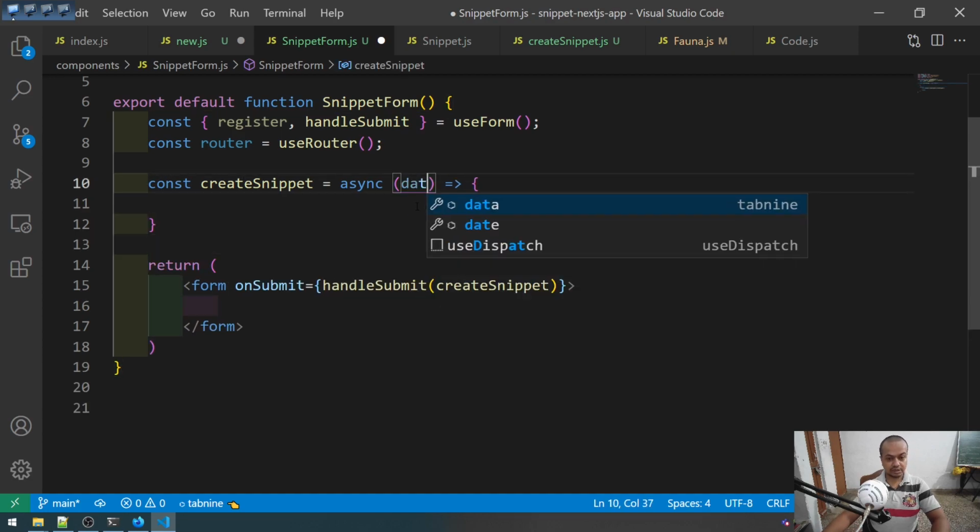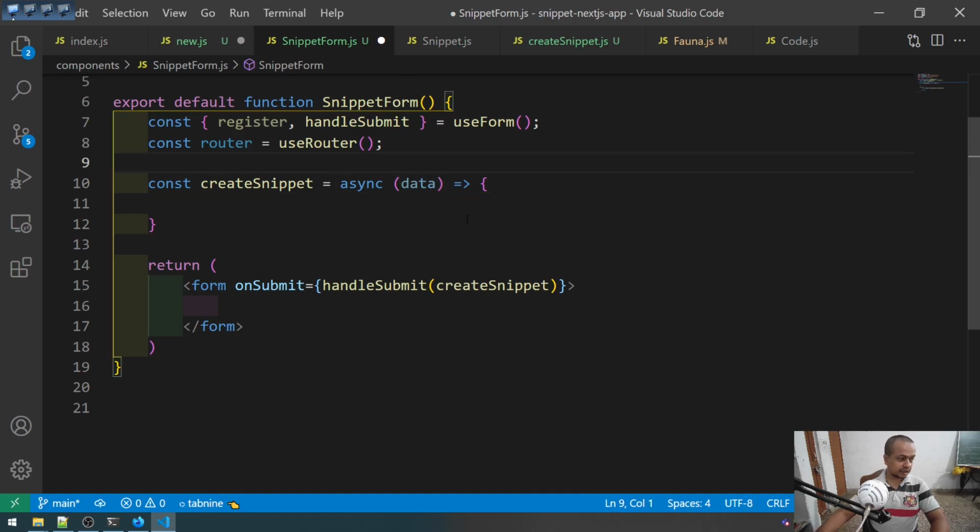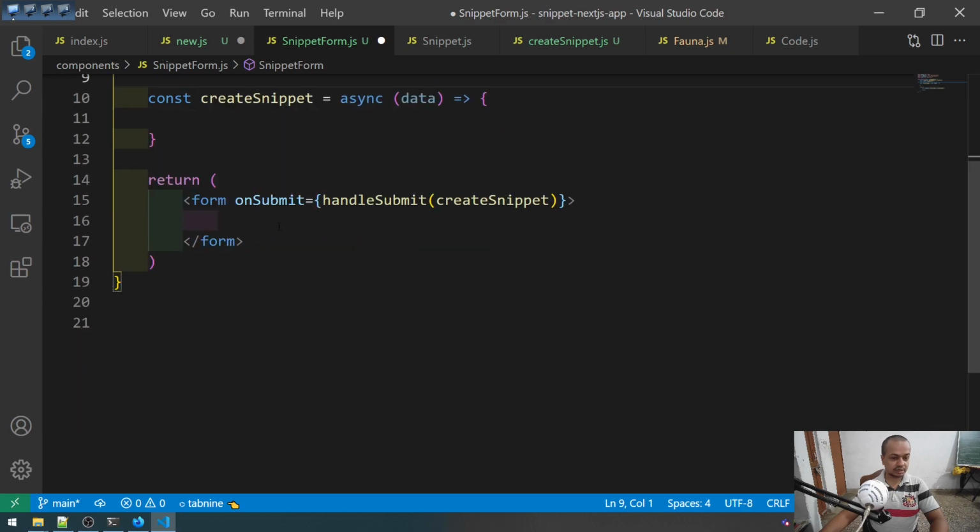Let me complete it later on. First let me complete it. Async data will come, so we'll use it later on. So create a snippet is done, then we'll have a